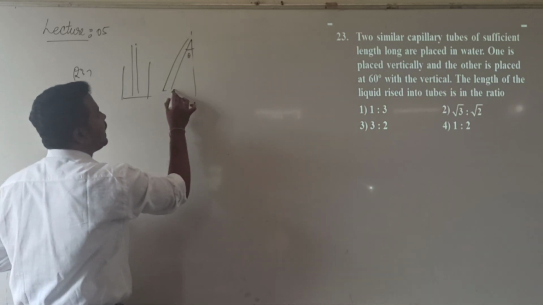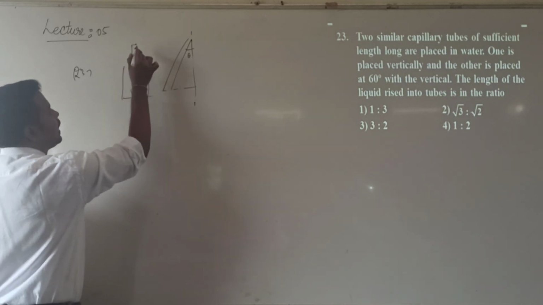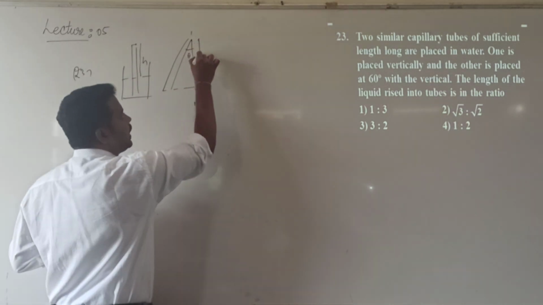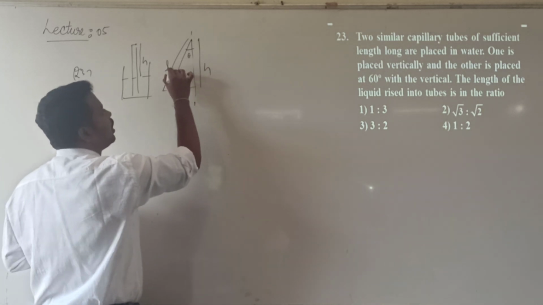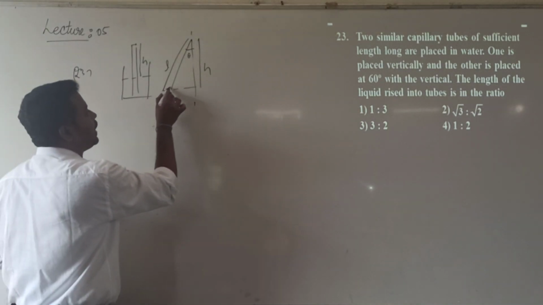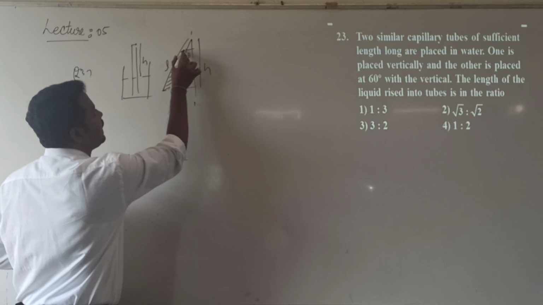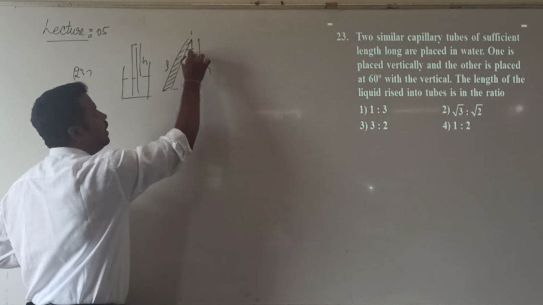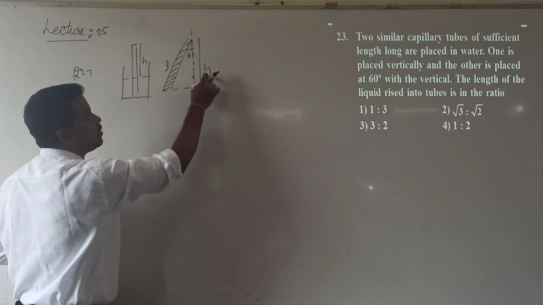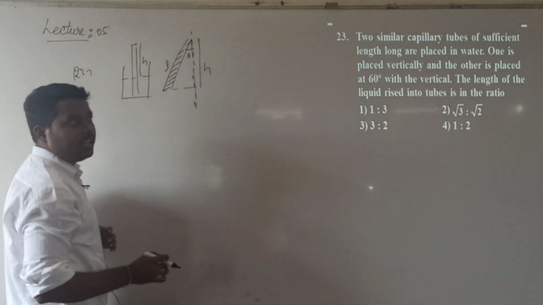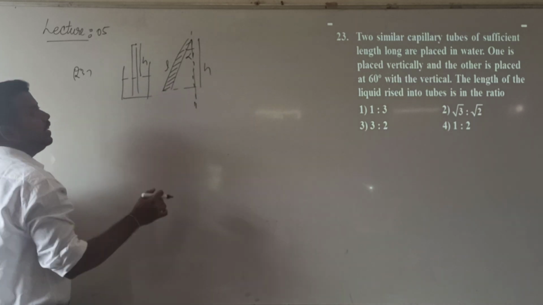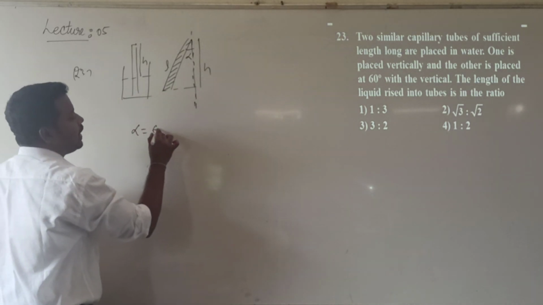When it is inclined at an angle theta with the vertical, the rise of the liquid level in the capillary tube, let me call it H. So here also the vertical height value is H. The length of the liquid column here is L. This point we discussed. The capillary tube is kept like this, inclined at an angle theta with the vertical. This is the vertical and that is the capillary tube. So what is the height of the liquid raised? H, here also H. What is the length of the liquid column? It is L. Otherwise I will call this angle alpha. Both are the same, identical, the radius and everything is the same. Alpha value is given as 60 degrees.